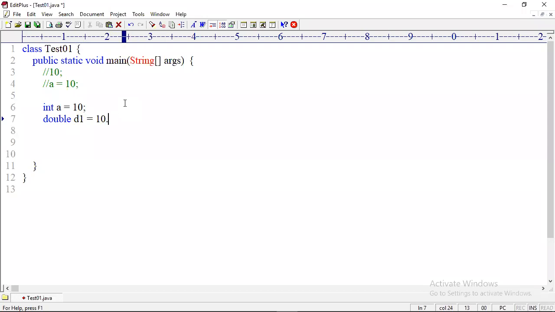Okay. Then next, I want to store some character. So I should use char ch equal to single quote a. I want to store a true value: boolean bo equal to true or false, I should write. And next, I want to store my name or some alphanumeric value. Then you must use a String: String s1 equal to double quote, sorry.